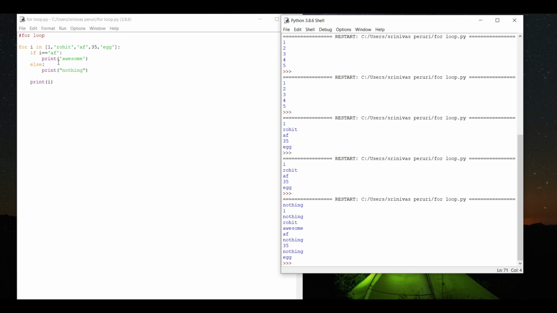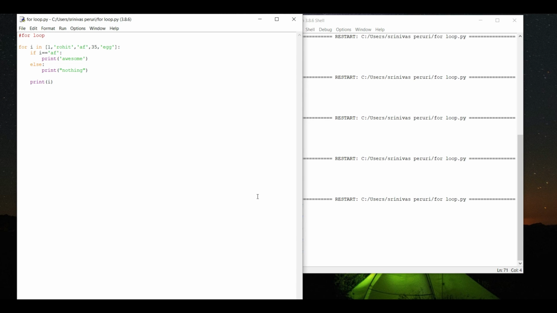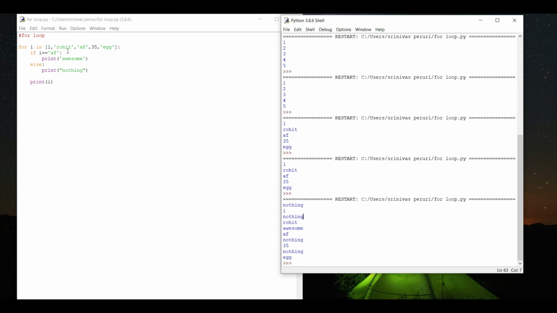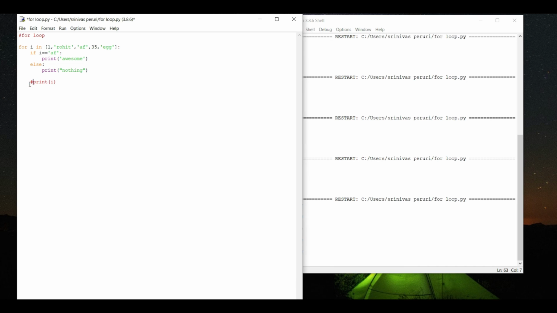In the first iteration, 1 is printed. Second, nothing, and Rohit is printed. Next, "AF" is equal to "AF", so it prints awesome, and then the i value, AF, is printed.